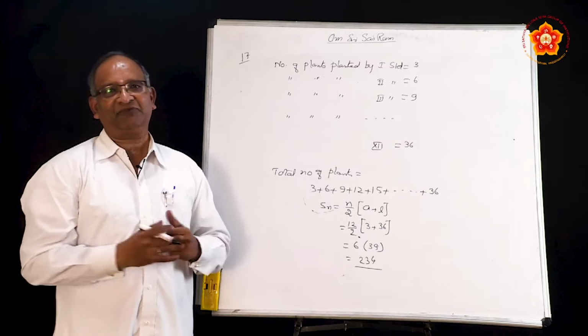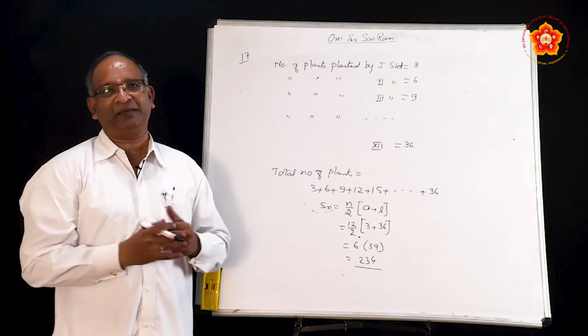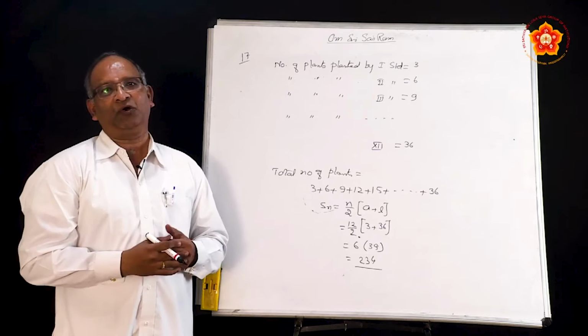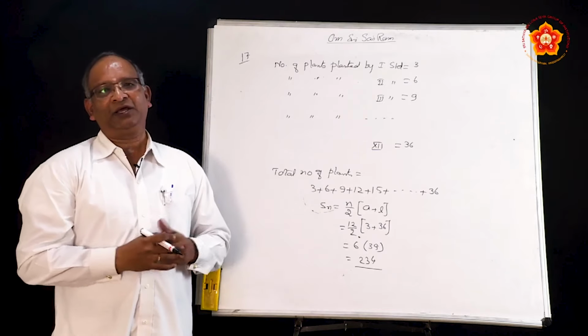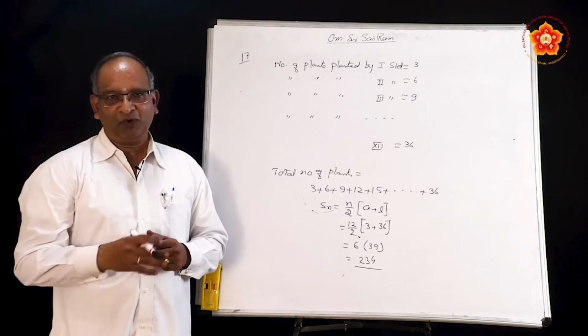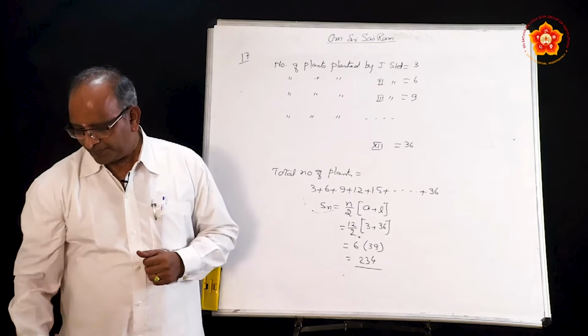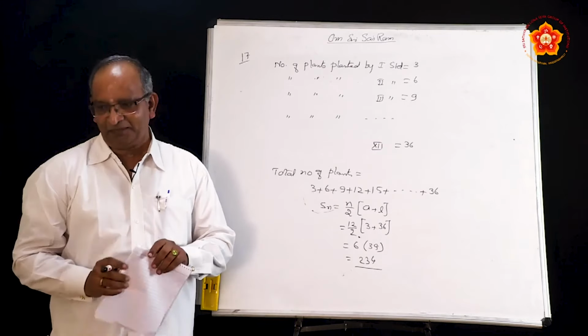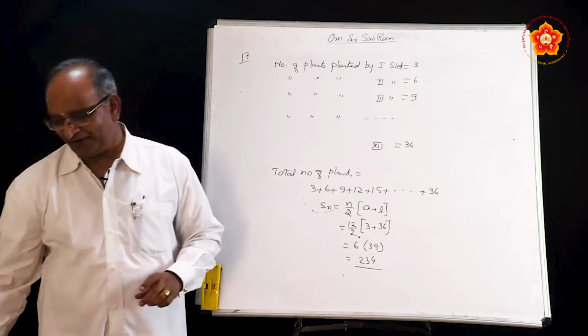You will have lots of photographs, we will post it to different people and you will get appreciation. But at the end of it, after a month when you go back and look at the plant, you find that they all died. So, we will move on to the next problem based upon arithmetic progression, and this particular problem happens to be a very interesting one.